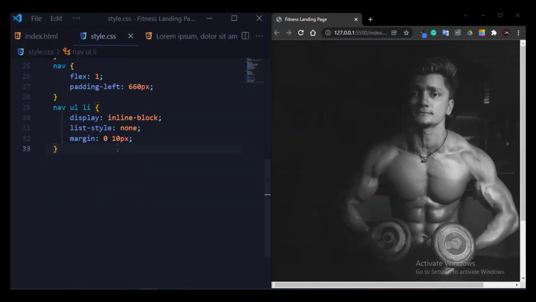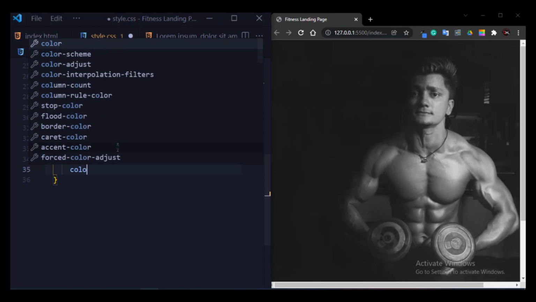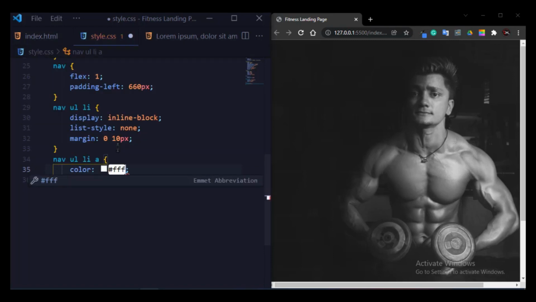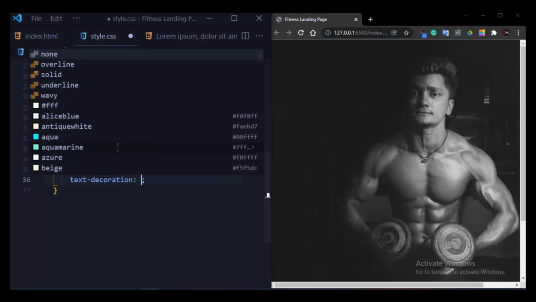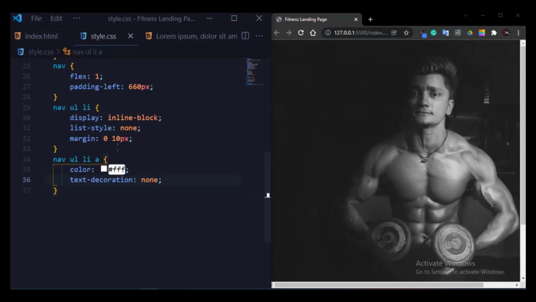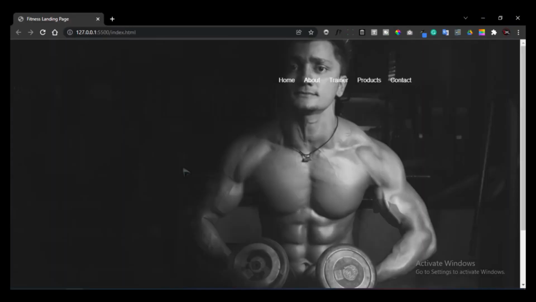And now I will write navigation ul li a and change the color and text decoration of the navigation bar. So simply I will write here color white and text decoration none. I will show you the output.